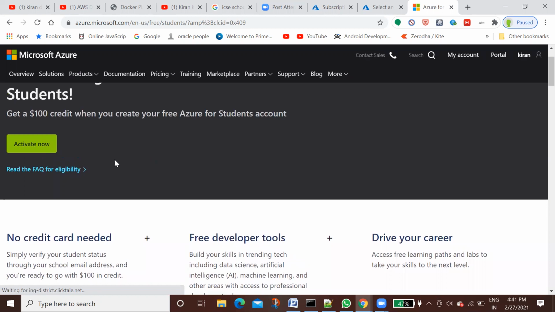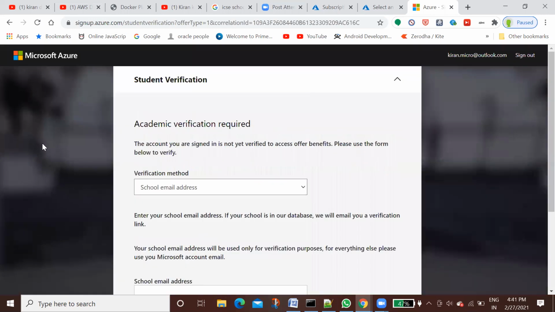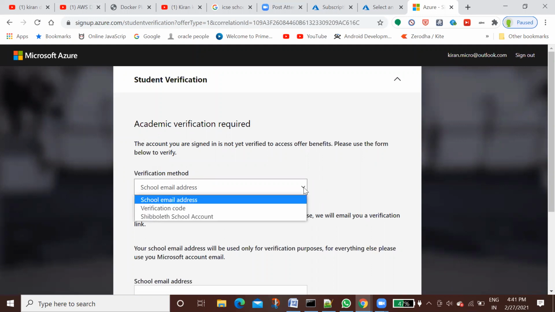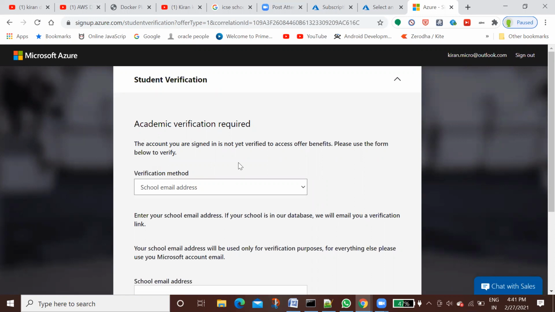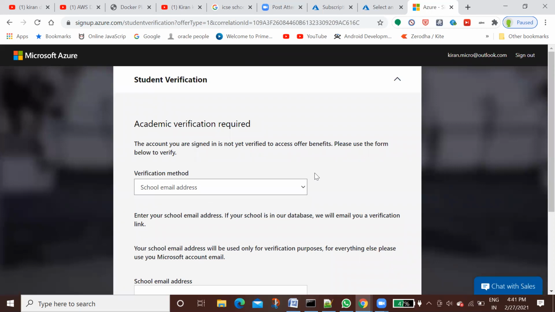Yes, activate now. But I think it requires a different email ID. So you have to create an account with something like .edu, not .com. If you use that account, it will give you a free $100 every month. That is a good offer, yeah.